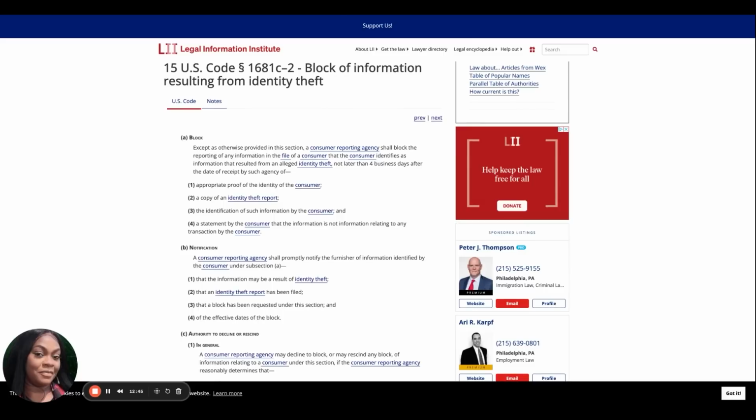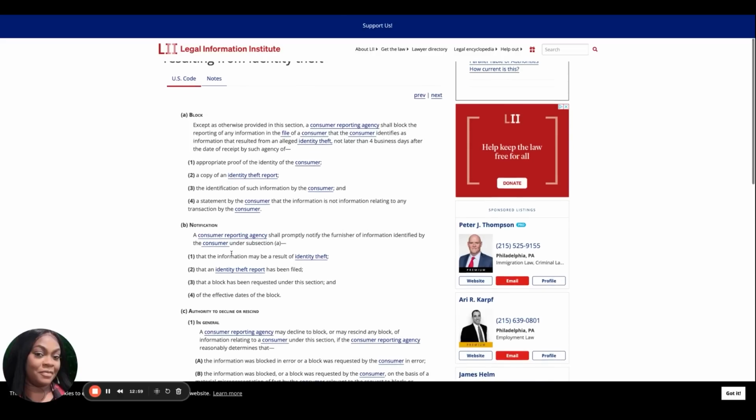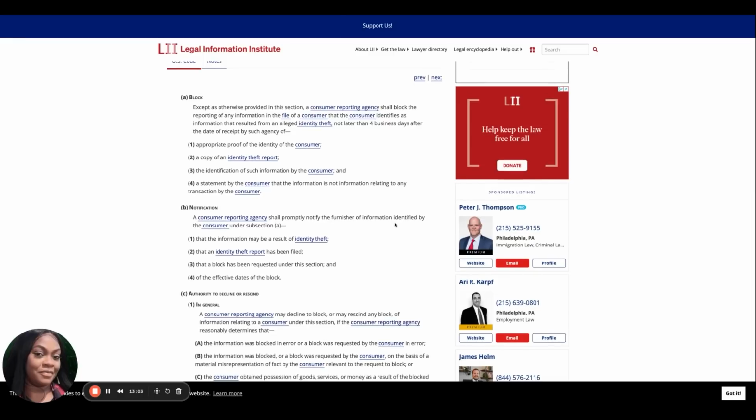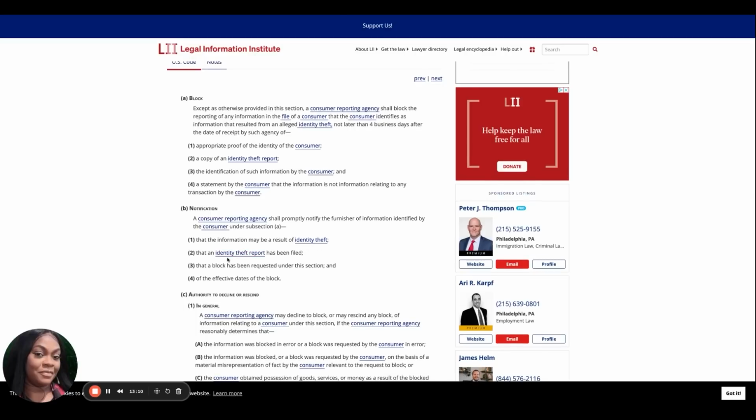And for those that are in my mentorship, that are in this group asking questions about it, you need to go back to the modules that are in my mentorship, because it's there. The information is there as well. Okay? It says a consumer reporting agency shall promptly notify the furnisher of information identified by the consumer as information that may be a result of identity theft, right? That an identity theft report has been filed, that a block has been requested under the section, and the effective date